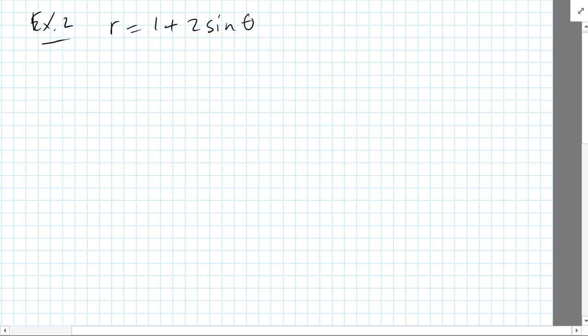A funky one with a loop inside. For this example, it's our example 2, because that's as far as we're going to get. We got r equals 1 plus 2 sine of theta, and I know it's got an inner loop because I understand these. You're going to set up, don't integrate,